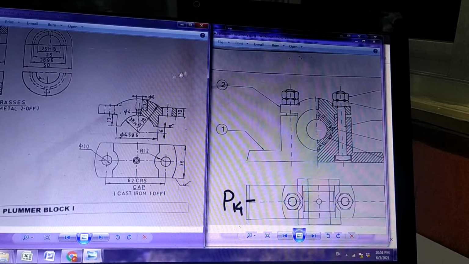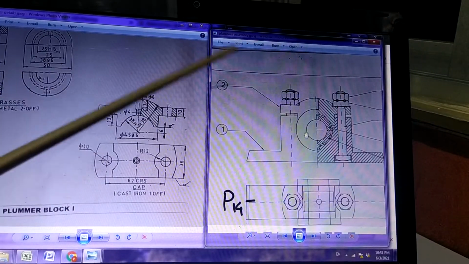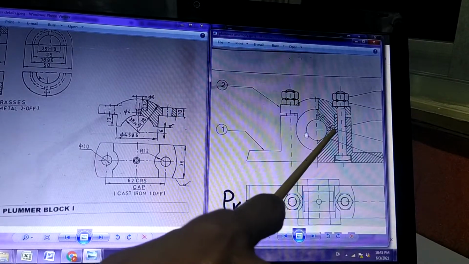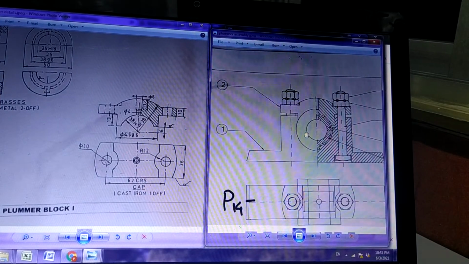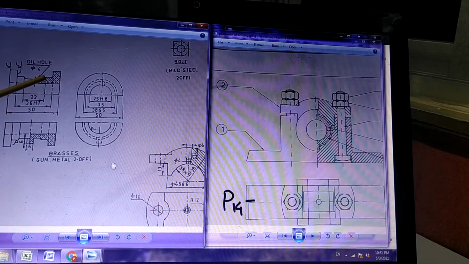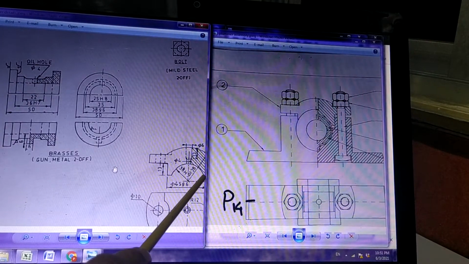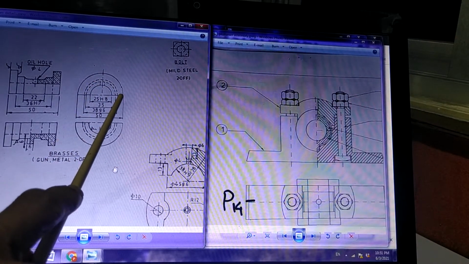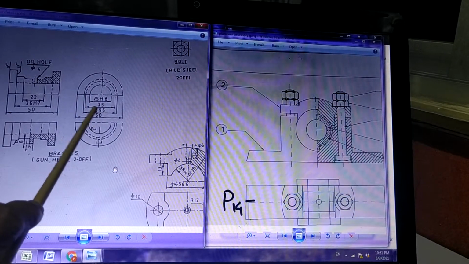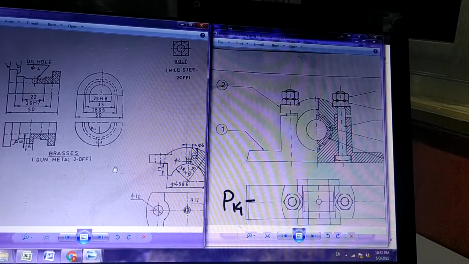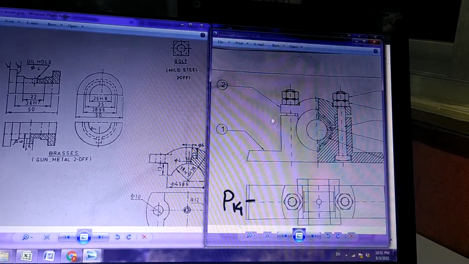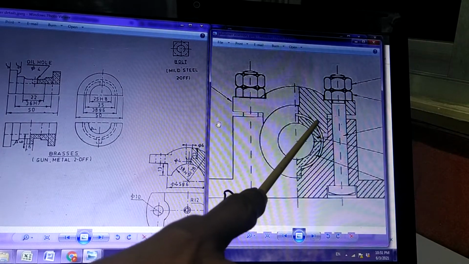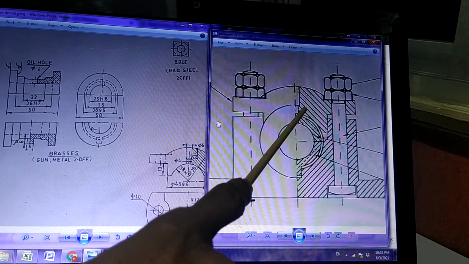So by using dimensions, once you draw, the figure will come out something like this. As you see here, this curvature surface is here, and it will touch the surface which is here. You can see this is a curvature of size 38, and this again is of size 38. And there is one more circle, that is 35, which is for clearance. That's why you can see here 35 and 38. This inside one is 35 and the outside is 38. 38 is touching this 38.